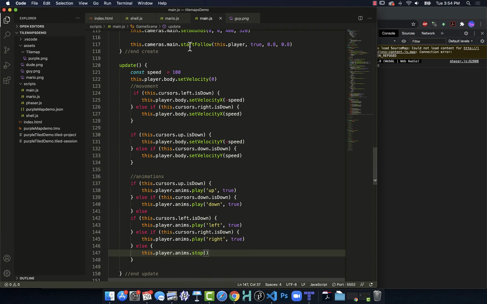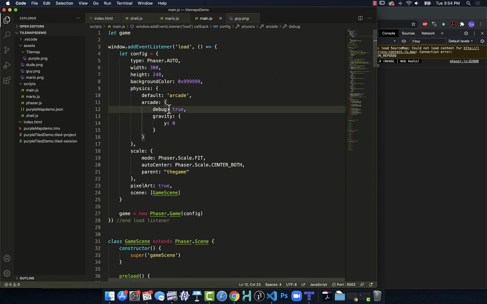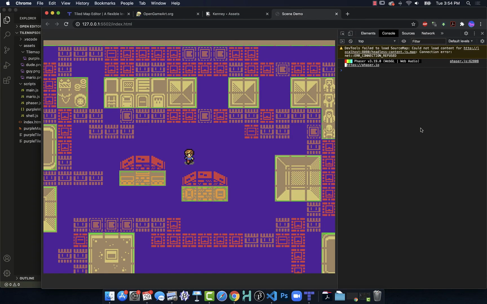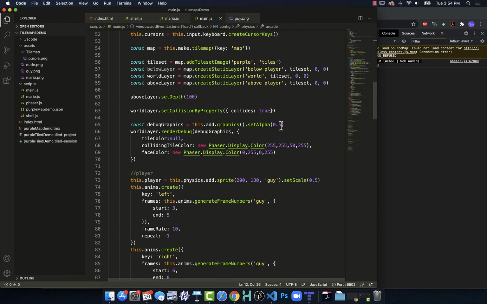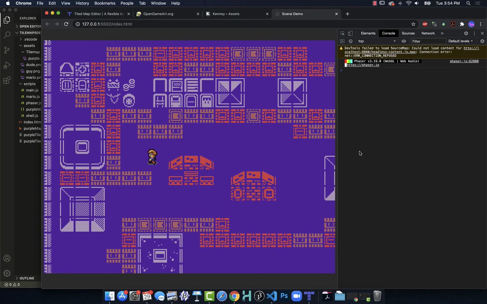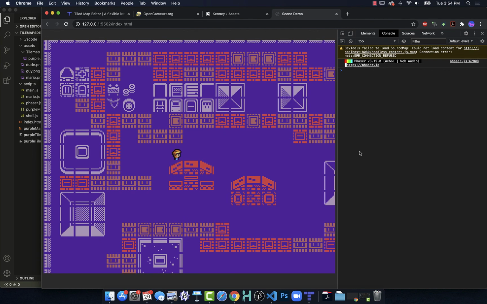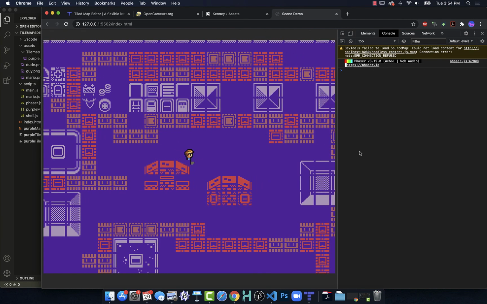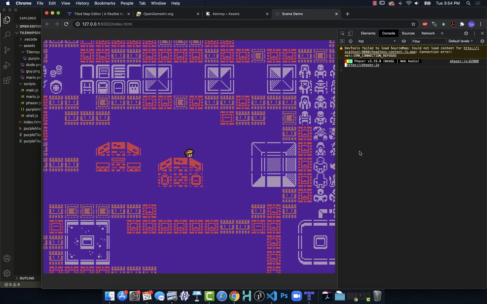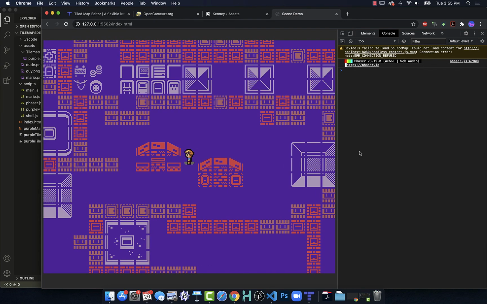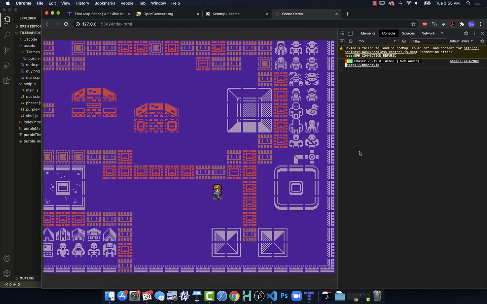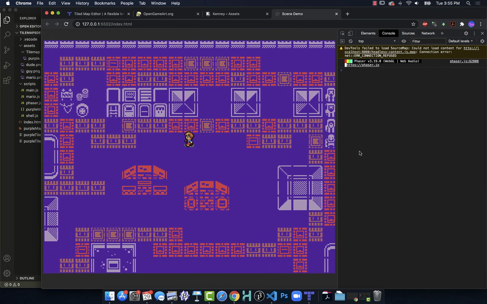All right. One thing that we can do to make this a little bit easier to see, let's just turn off debug there. And I'm also going to go find my debug graphics here. We'll just set this at 0. Goes away. Hey, look at that. So now we can see how he's walking. This also is helping you to see that perhaps we need transparent graphics. And this particular graphic set included both opaque and transparent. So if I loaded a separate image or extended the tile sheet to include both, I could have then had transparent images in addition to the opaque ones. But we can see the player's moving,